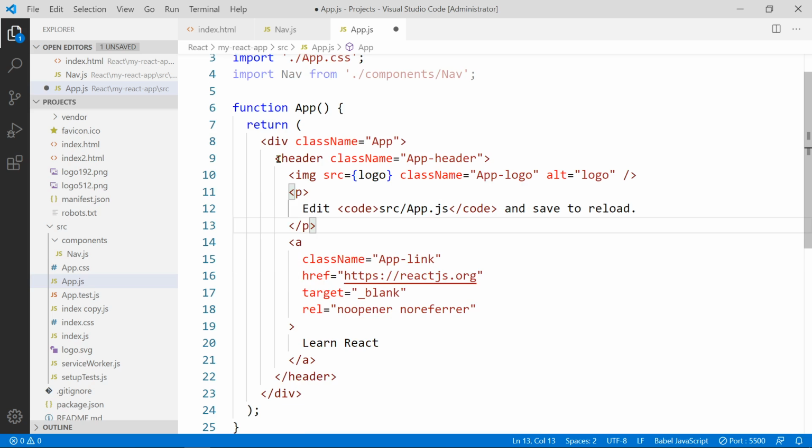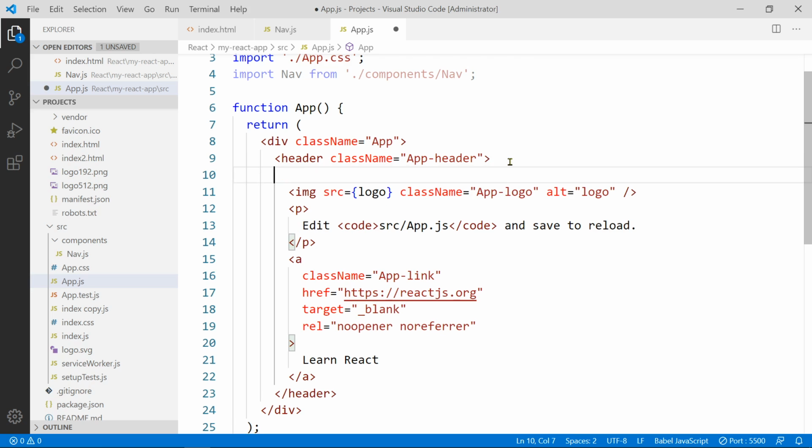So this is the root component. We have the logo, and then the logo is inside the header, right? So the header goes here to the end here. So maybe we're gonna put a navigation inside the header as well. If you don't put it outside, it doesn't matter. So let's just say I want to put it right inside the header here and see what happens. So over here, then I'll put the nav